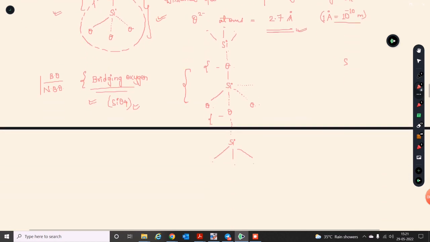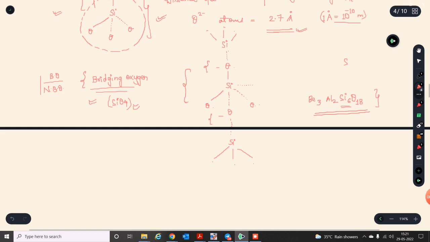Sir, the structures actually vary in terms of what kind of mineral you are getting. For beryl, we have Be3Al2Si6O18. So for beryl, again we have Si6, right? Here, if we are saying that only two oxygens are shared, we are talking about one particular unit. We can have many units combined to form a particular mineral. That is why theoretically there are an infinite number of rings possible. So you can extend this like this. This is one unit which represents